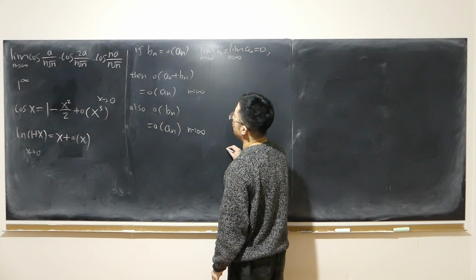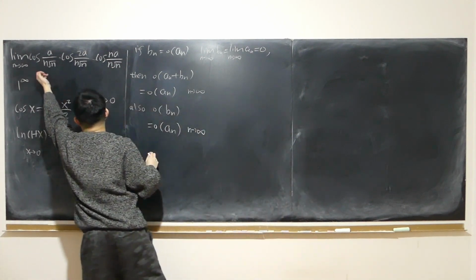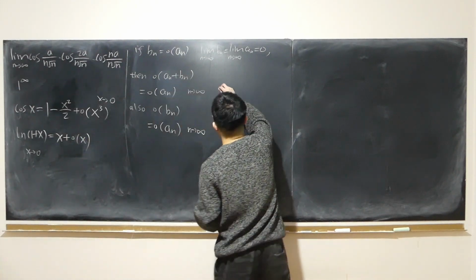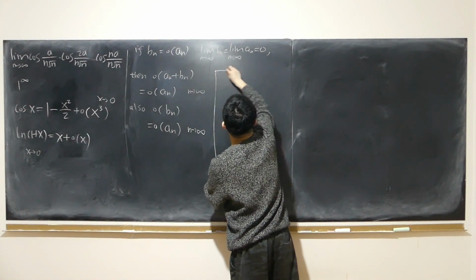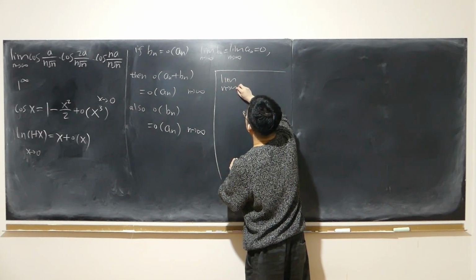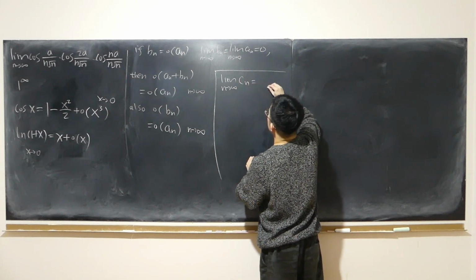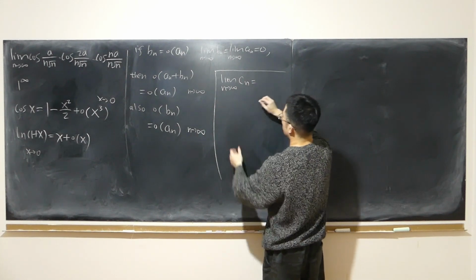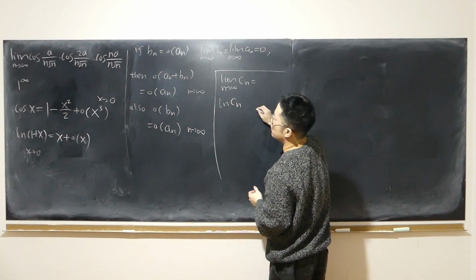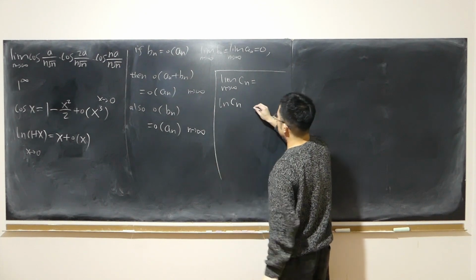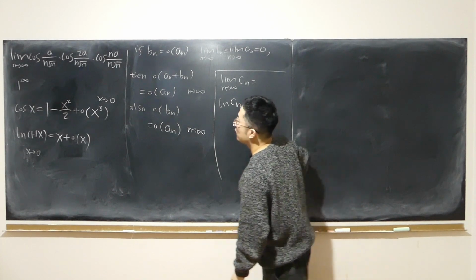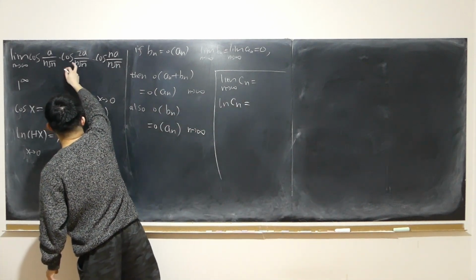So now I'm going to call the inside, maybe Cn. So I'm looking at Cn. What is the limit of Cn as n approaches infinity? Maybe I just take the logarithm. Log of Cn, obviously, because it's a product, therefore the logarithm will be appropriate. That is equal to log of cosine of the first thing plus log of cosine of the second thing, and so on.